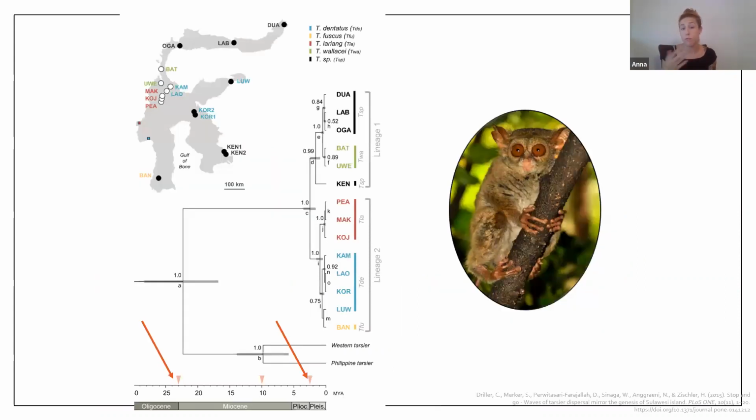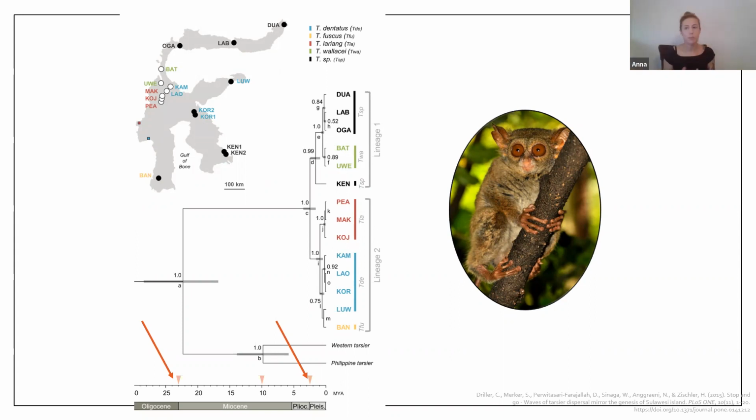And so with a lot of vertebrate lineages, we see this reflected in both patterns of colonization and more recent diversification. So the tarsiers are a really good example of this, where they're estimated to have colonized Sulawesi around 23 million years ago, right when the island was formed. But then they had long periods without any kind of record of diversification until much more recently, around 3 million years ago, when all the archipelago islands started to connect. And you started getting this kind of rapid expansion of land area, in which then we see really rapid patterns of diversification across different regions of Sulawesi.